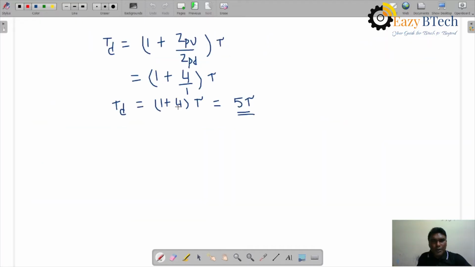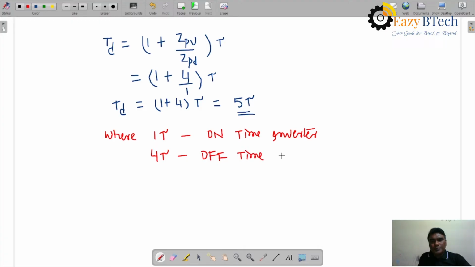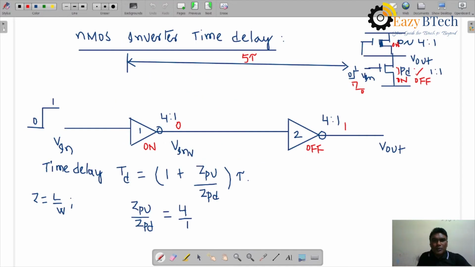It is simply saying that 1 plus 4 tau. So 1 is the on time and 4 tau is the off time, right? So here I can write this, where 1 tau is the on time of the inverter, and 4 tau is the off time of the inverter, right? So here you should mention 1 tau is the